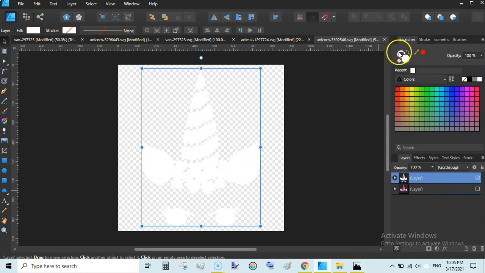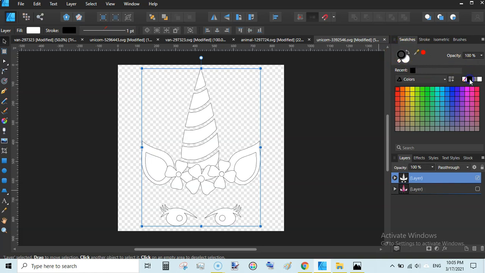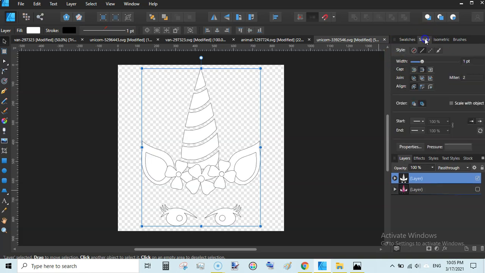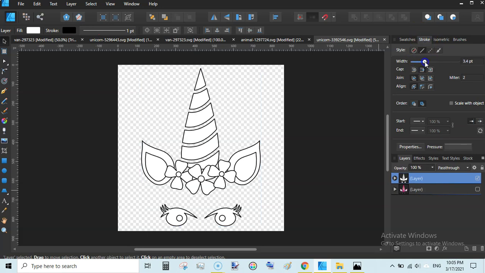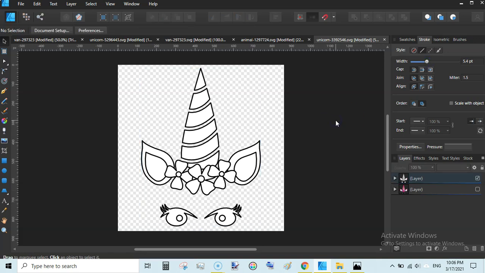Then go back to the stroke and change the color to black, and then go to stroke here and just thicken the outline, and it will turn beautifully into a coloring page.